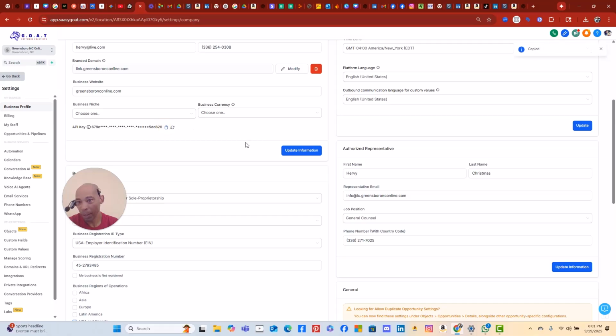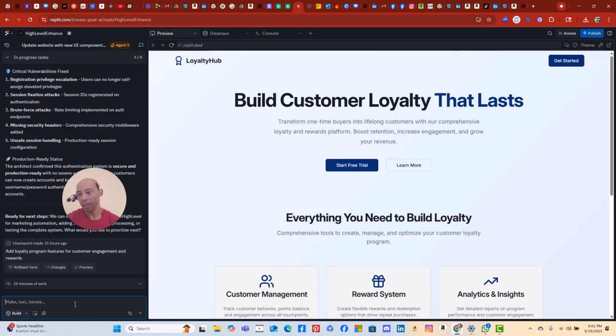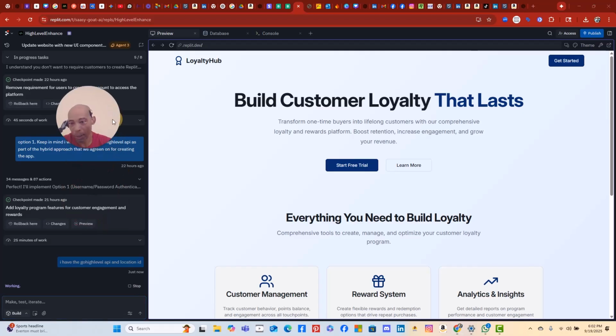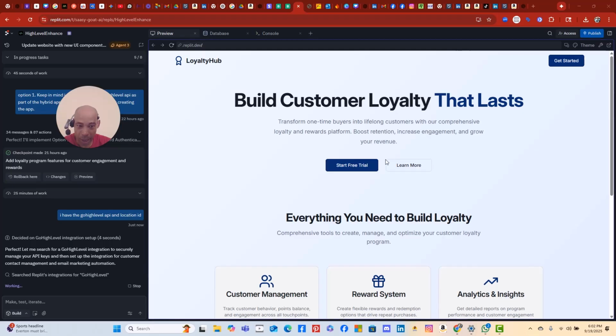You get the API, then you also get the location ID. You bring it over here to Replit, and you say, I have the Go High Level API and location ID. Well, all right, just hang tight with me, okay? Now, the only thing is, I'm not going to set a whole lot of stuff up yet because I have to work through this and see how this is going to look, how it's going to work